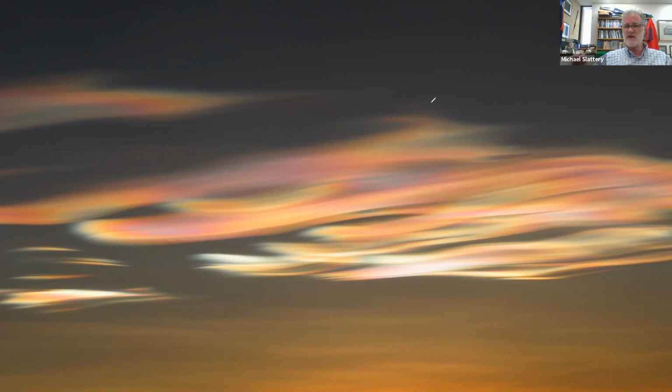They occur at very high altitudes. This is in the stratosphere, everybody. So we're up at about 15 to 20 miles. And they can only form when temperatures go below minus 78 degrees Celsius. That's the key. When temperatures get that low, these clouds begin to form, right?